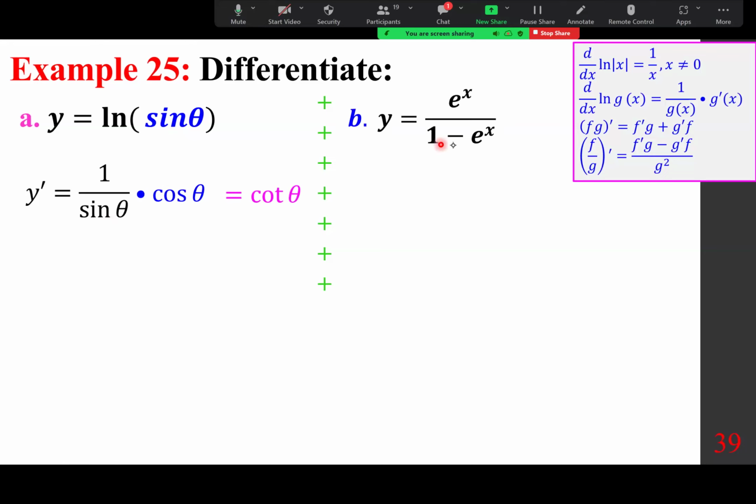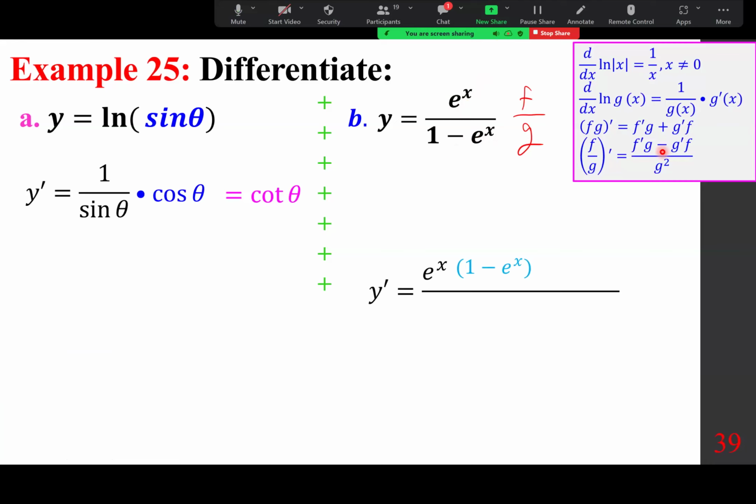Y equals e to the power of x over 1 minus e to the power of x. We use the quotient rule, which is f prime g minus g prime f over g squared. So let's call the numerator the f function, the bottom the g function. And so f prime is simply e to the power of x times g, which is just the denominator, 1 minus e to the power of x,